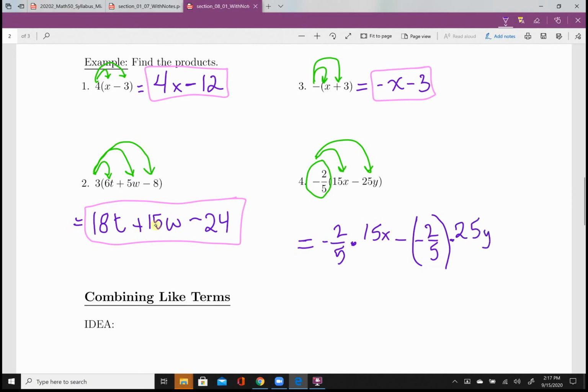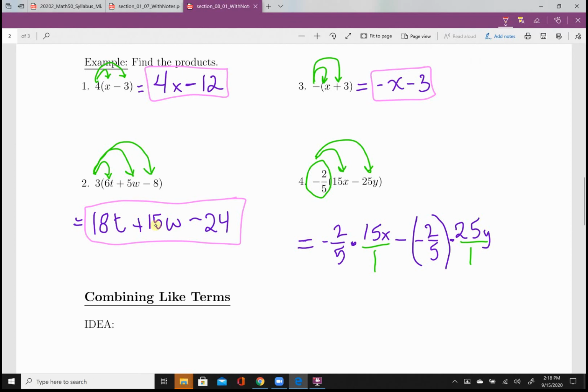25y. So notice that I put my 15x and my 25y kind of up high, or in line with the numerator of these fraction parts, that's not by mistake. I'm doing that on purpose. Furthermore, if it's helpful, go ahead and put those items over a 1. Any integer term or instance in which you don't have a fraction, any term that's not a fraction can be forced into a fraction by throwing it over a 1. Okay, so this is just a little bit of trickery that I find to be helpful,